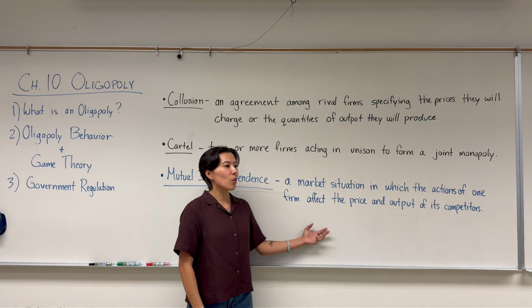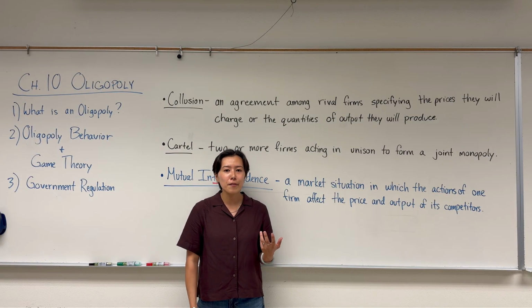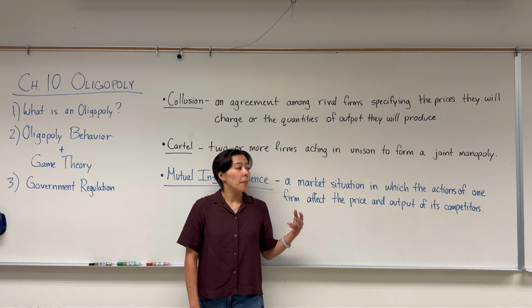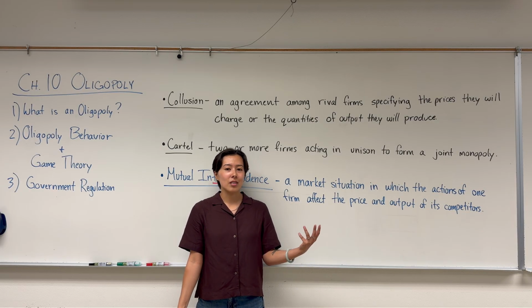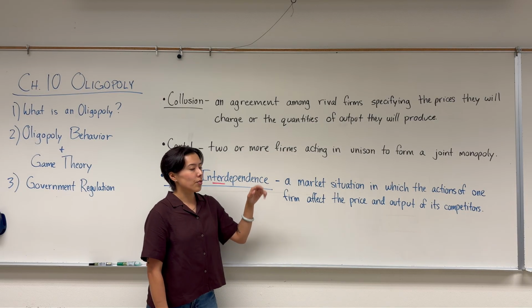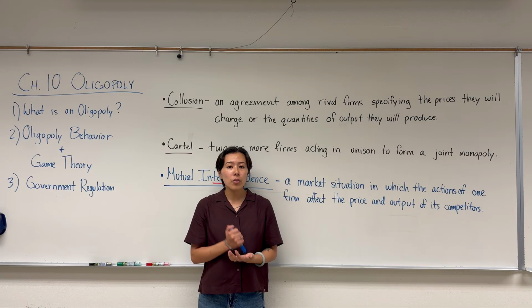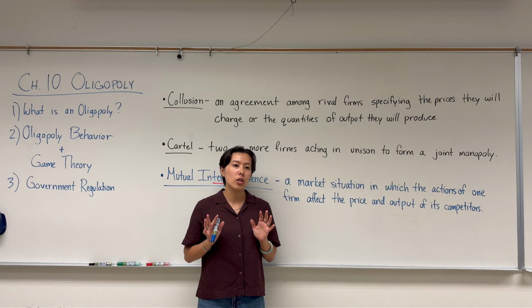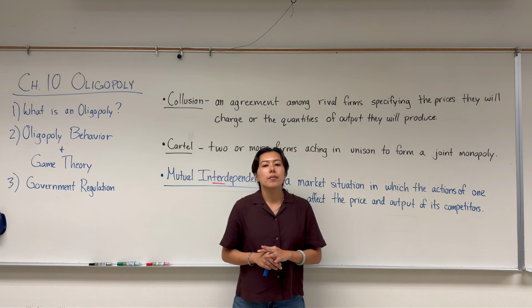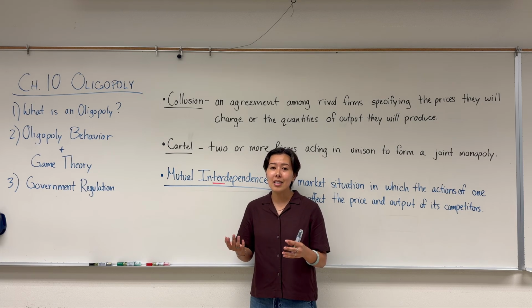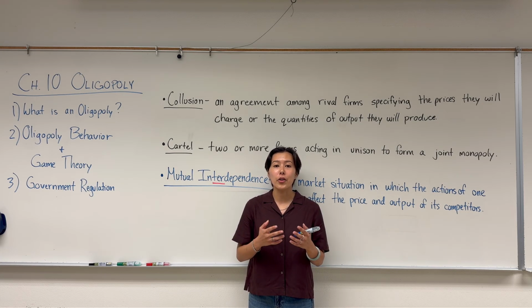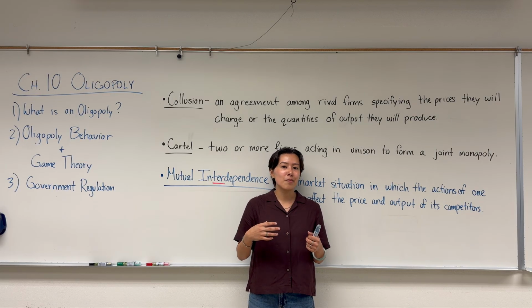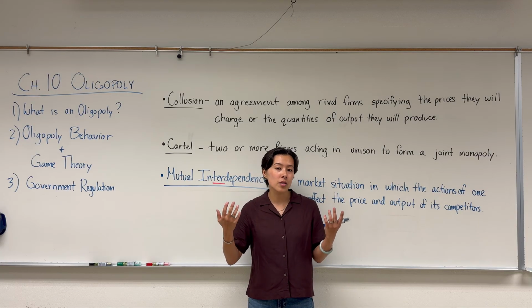So those firms are trying to work together to extract that monopoly profit, and this harms consumers by reducing the quantity that's sold in the market and raising the price. So this collusion and this formation of a cartel is not legal, and for this reason, firms will be very sneaky about how they actually go about colluding. Sometimes firms do this very implicitly by sending signals to one another that are very covert, that they like to work together. Other times, firms engage in other legal forms of collusion.